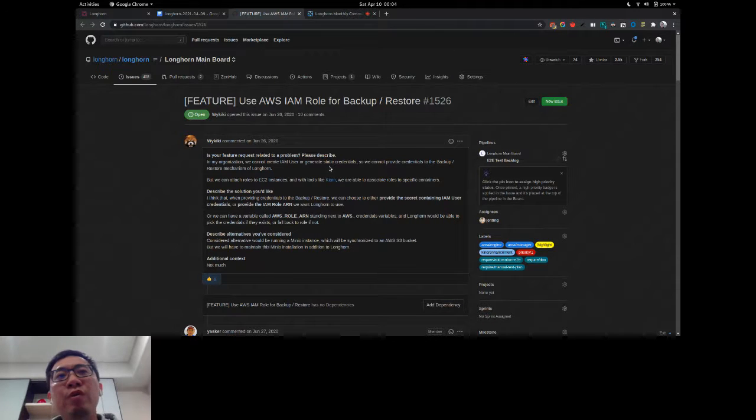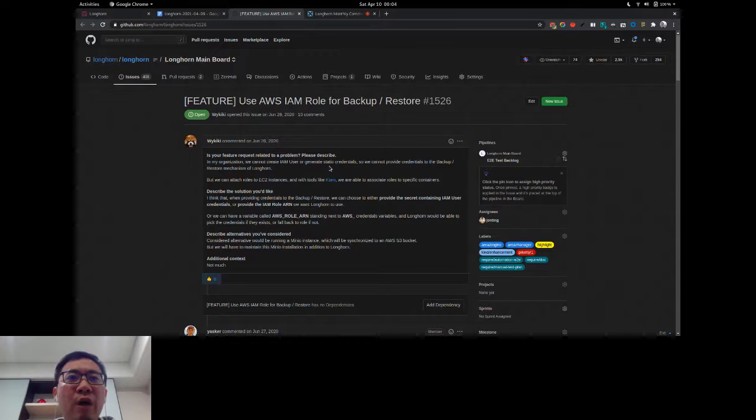But for AWS, sometimes users working with AWS cannot get a credential set up because the credential is confidential. They cannot get it set in security. So the request from the community as well,